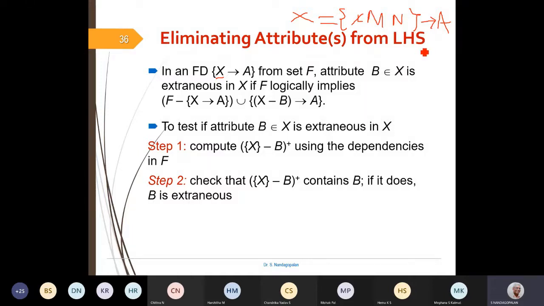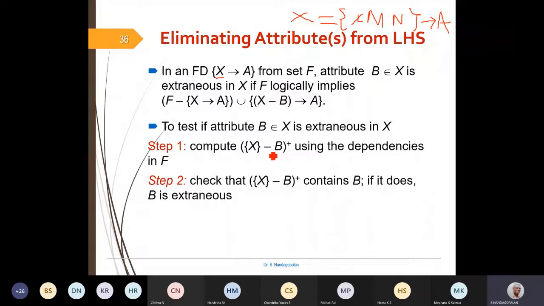Now how to test this? In order to test whether a particular attribute from the left hand side is extraneous or not, we follow these two steps. Observe carefully.